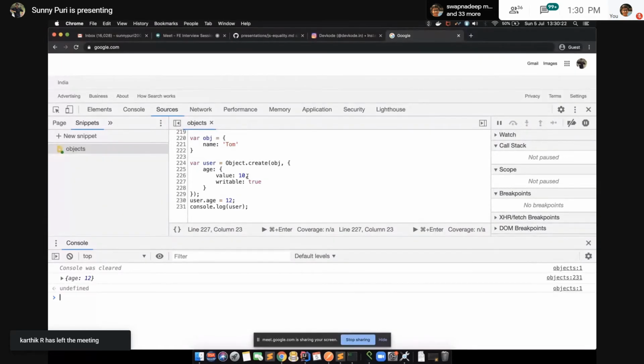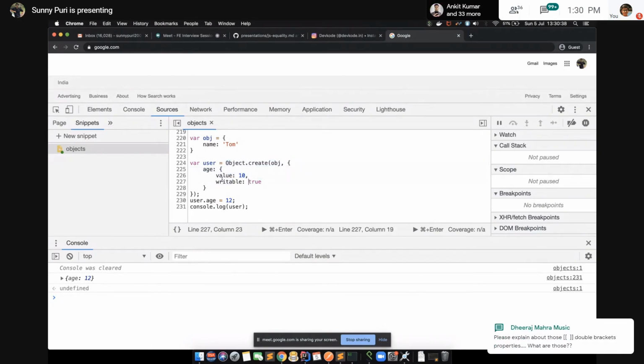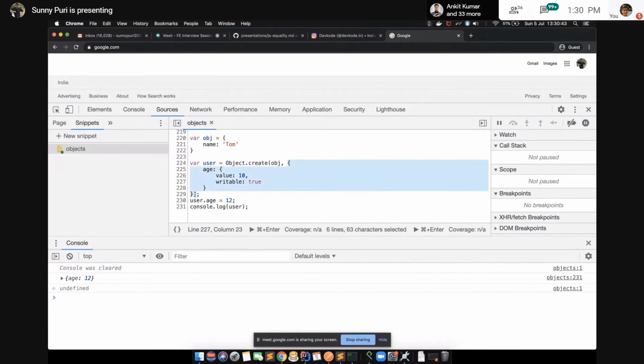No, because enumerable is not true. Can we delete it? Yes, because configurable is false. Sorry, true. No, false. So we cannot delete it as well. So these things are important. That's why I'm covering step by step. If I explain this directly, most of you would not be able to explain it.